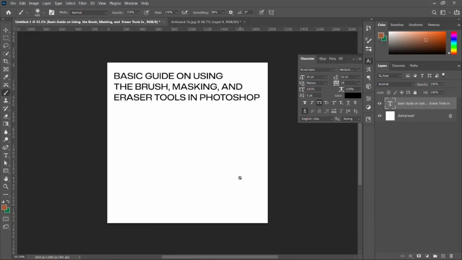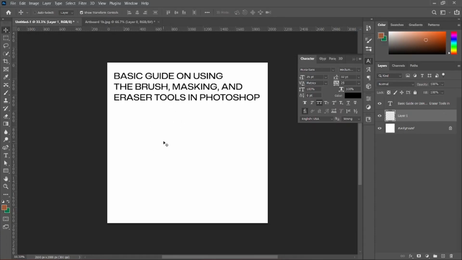You should know shortcuts. Why it's not showing on my screen is because I'm on a text layer. If I was on the background layer, you can see it's showing now, or if I create a new layer, you see it's still visible. So V is for move, B is for brush tool. So you choose a brush here